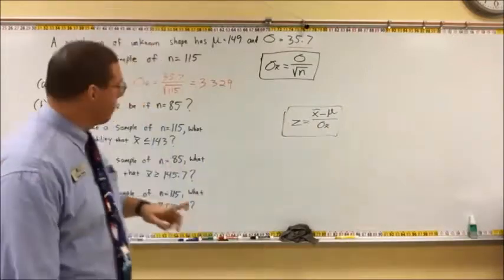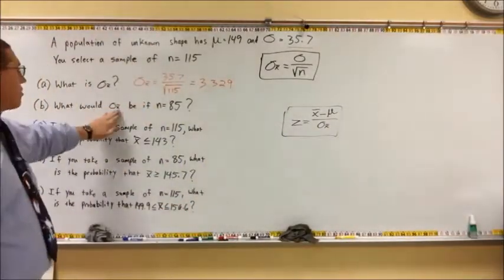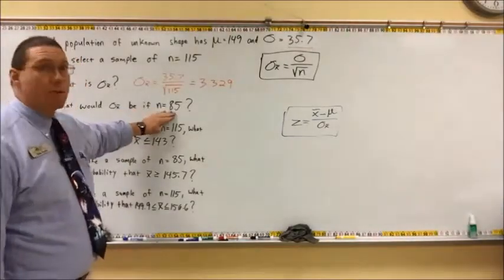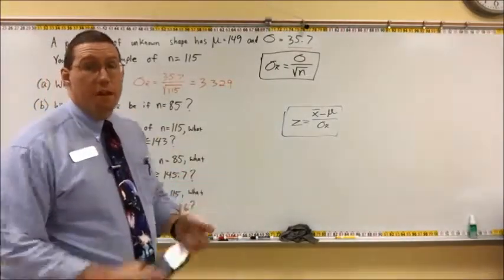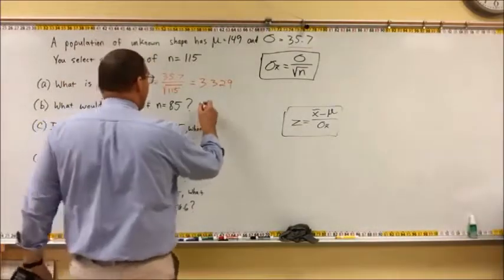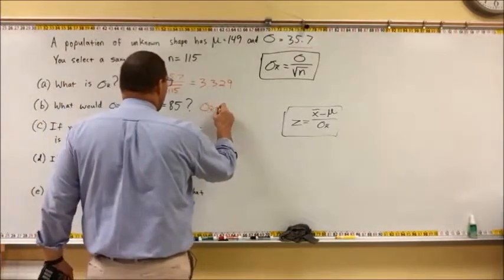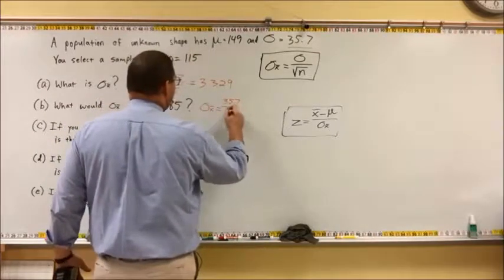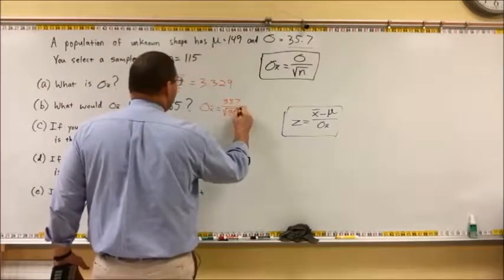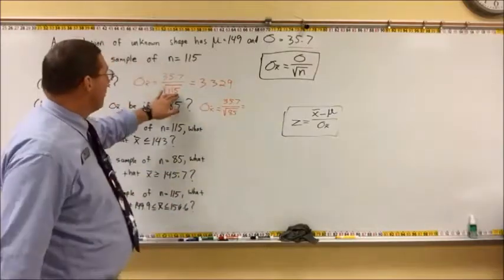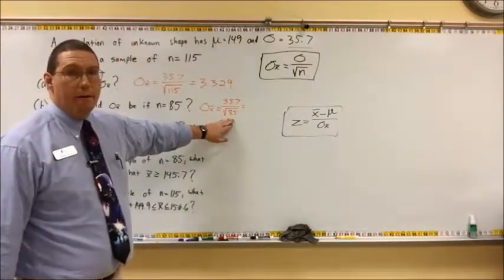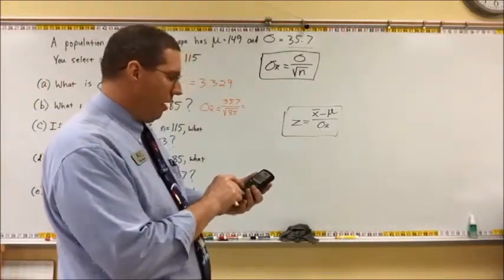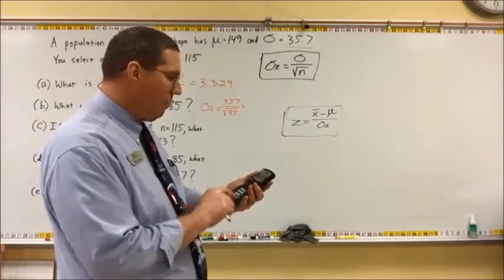But look at part B. Part B says, what would the standard error be if your sample size was 85? Well, if the sample size was 85, then the standard error would be 35.7 divided by the square root of 85. And this is going to be a different number because we're dividing by the square root of 85 instead. We're going to do it in the calculator. 35.7 divided by the square root of 85, and I get